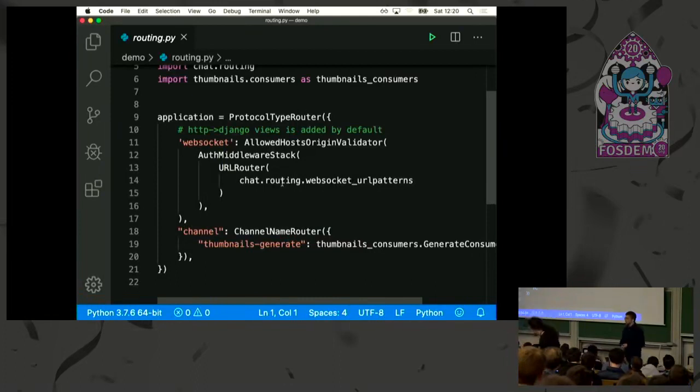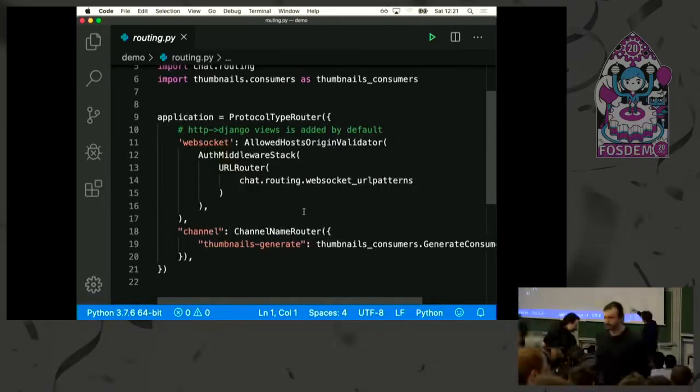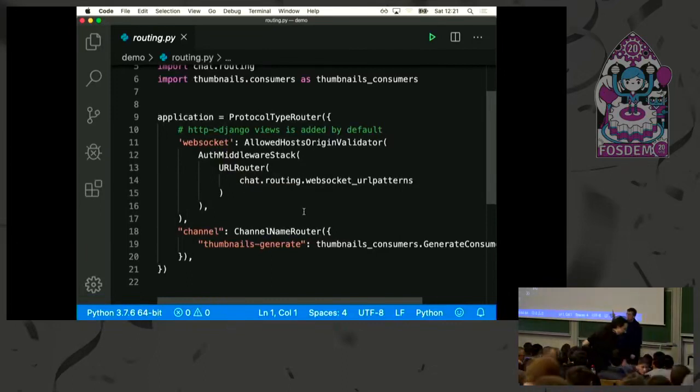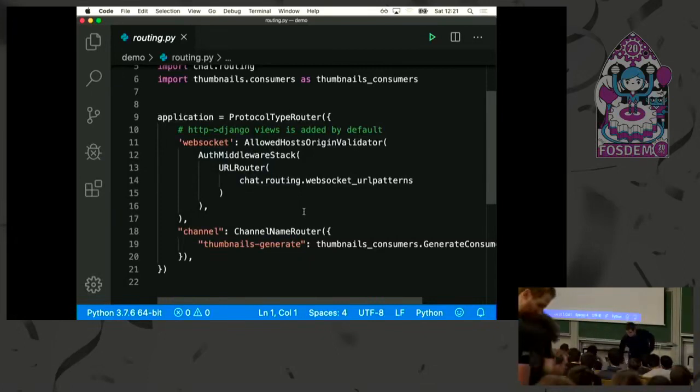I want to handle authentication automatically. And then I'm going to use WebSocket URL patterns to handle them. And here the channel part is to be able to handle the background tasks. So here I have a thumbnail generate consumer that I can send messages to.